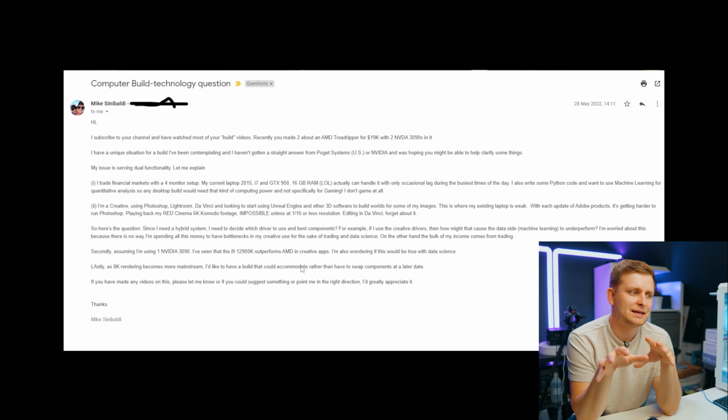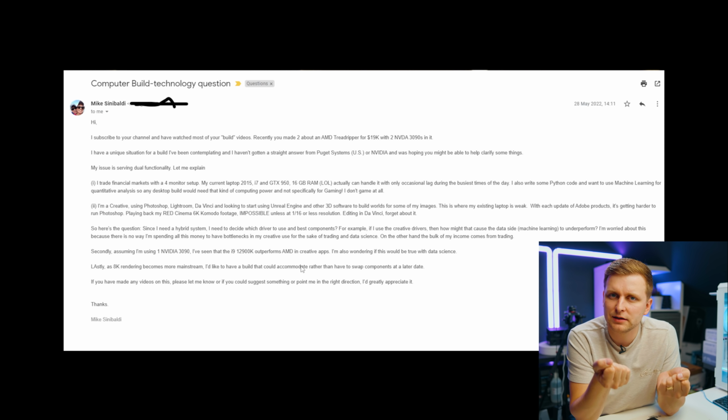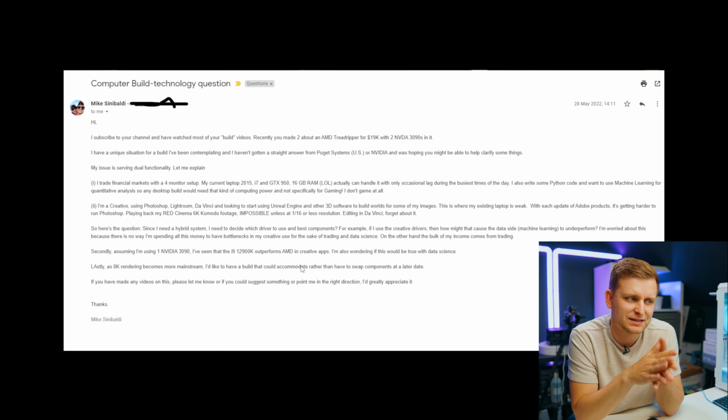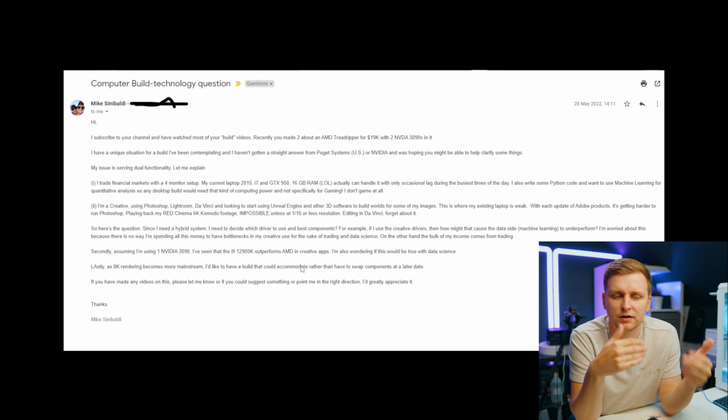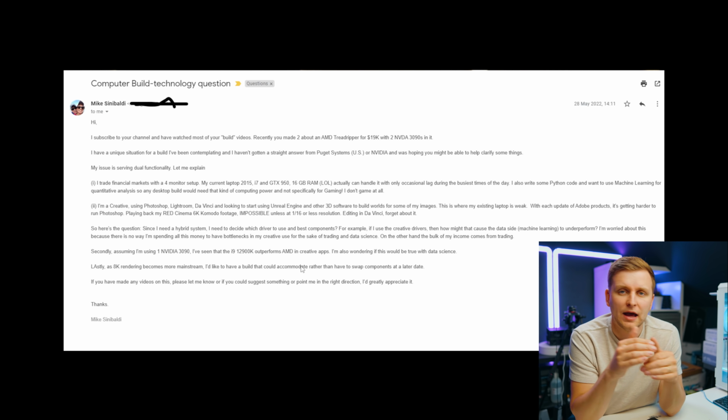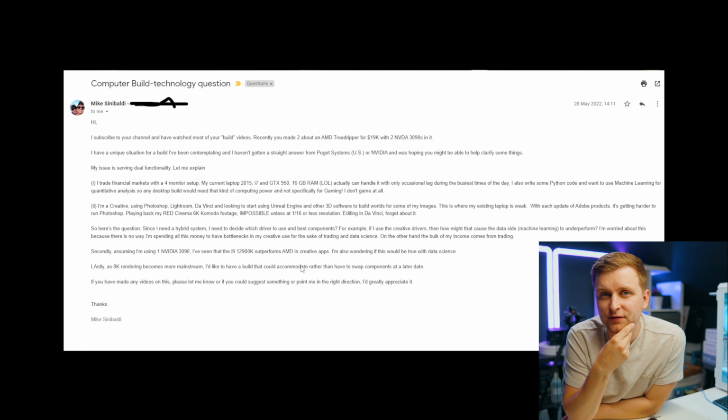So I don't think the computer hardware is truly optimized and ready for 8K rendering. We still need a little bit more power. If you do need that, and if you want it to be fast, say an hour of 8K rendering, it's going to differ vastly depending on your actual editing process, what resolutions and what effects you use. If you can, maybe wait for what Intel comes out with, 13th gen and the new Xeon